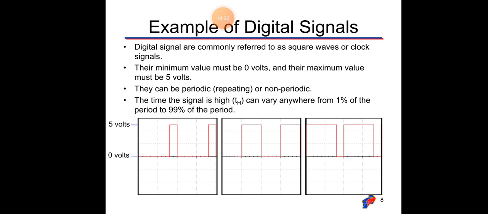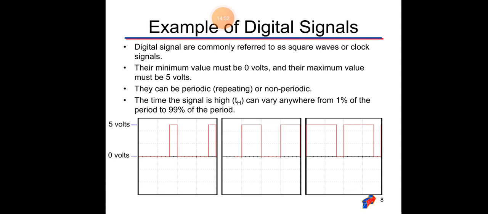Now the example of digital signal. Digital signals are commonly referred to as square waves or clock signals. Their minimum value must be 0 volts and their maximum value must be 5 volts. Okay, now in this figure you can see the logic level starts from 0 and goes high up to 5